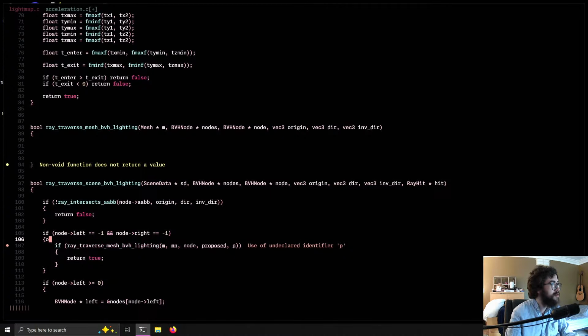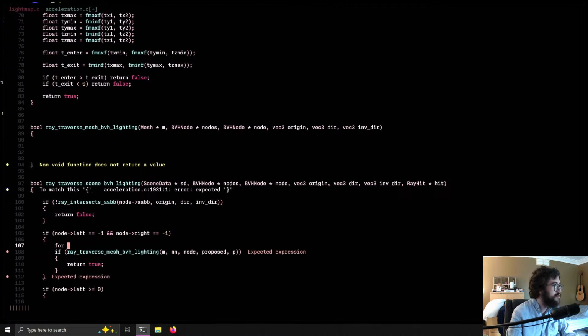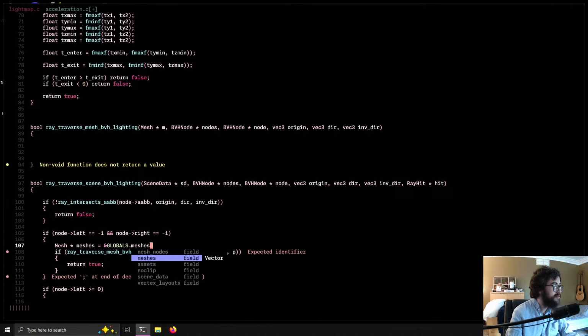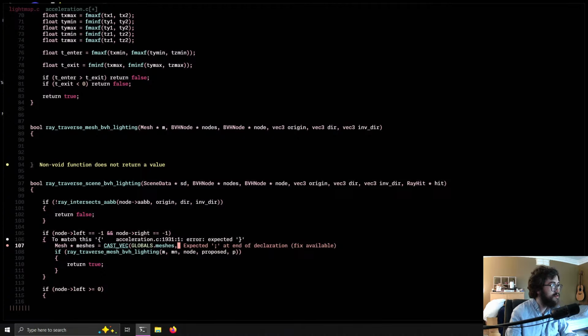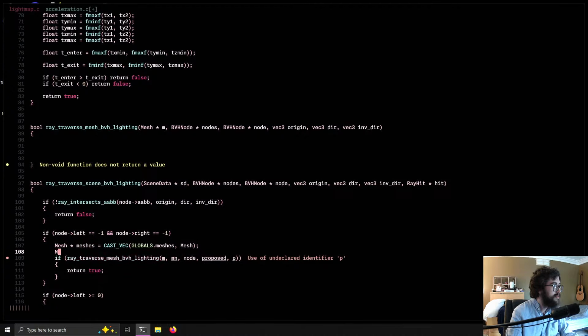Oh wait. This is a for loop. Oh my god. Mesh pointer meshes equals globals dot meshes. We have to cast vec here. Cast vec globals meshes SD mesh, and then this mesh